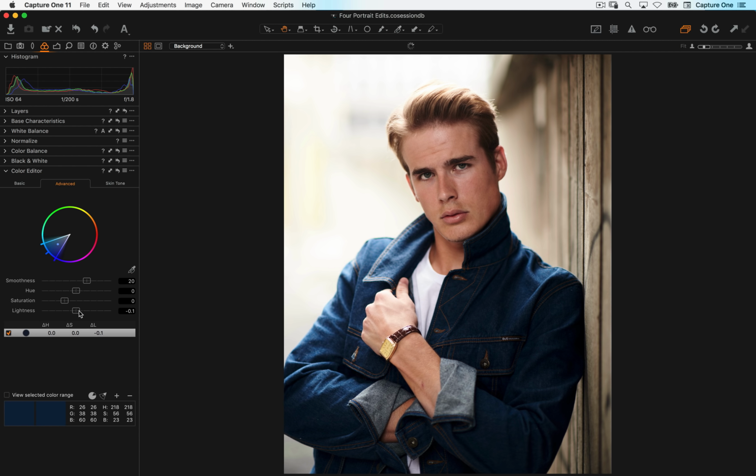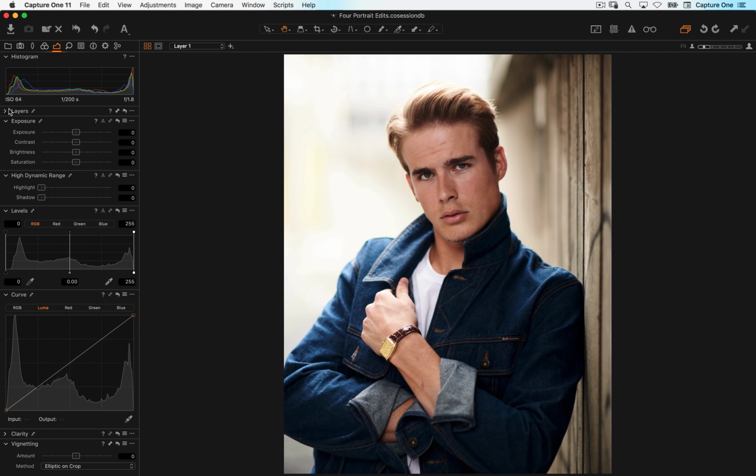So now if I wanted to, I could brighten his jacket, or I could darken his jacket. We could desaturate him, give him a gray denim jacket if we wanted to. Ooh, very nice. And of course, change the color of his jacket by tweaking the hue as well. But the whole purpose of getting this selection is that now in the color editor itself, we can create a masked layer from the selection. So the color selection will be converted to a mask. So pretty quickly, as soon as I tap that,